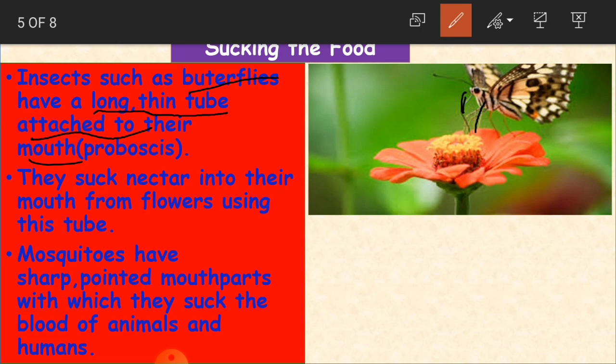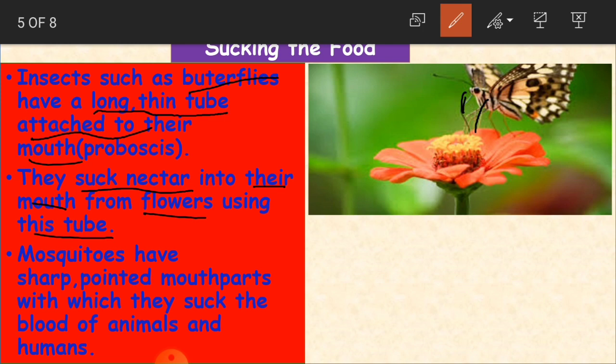Proboscis is nothing but the nose of the animal. For example, here this nose is like a tube in the butterfly. Through this, it is going to suck the nectar into its mouth from flowers using this tube. That's what I said. So it has got a tube type of mouth, and this is able to suck